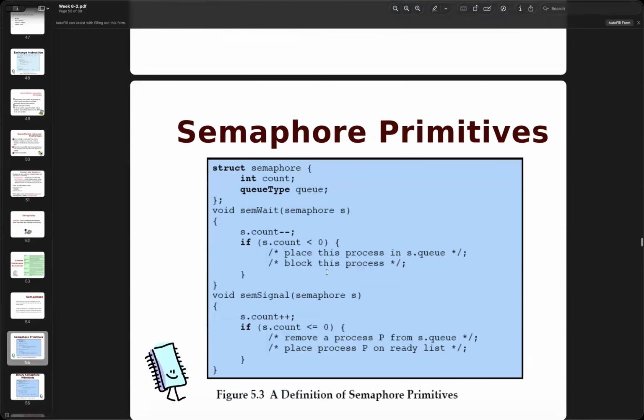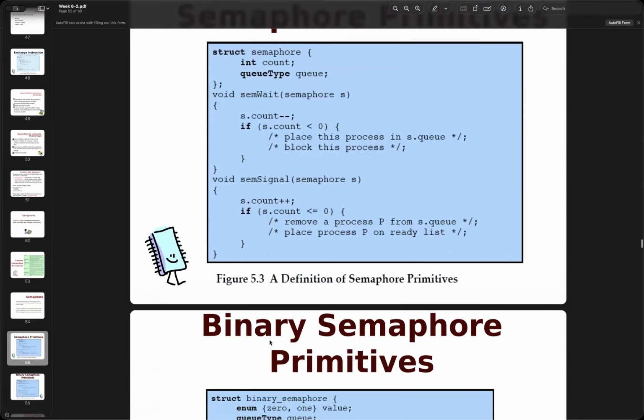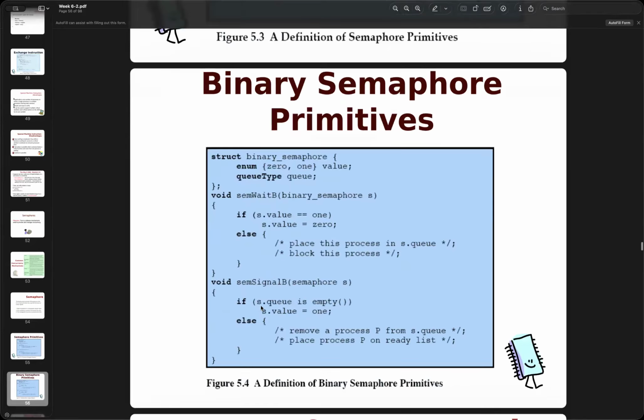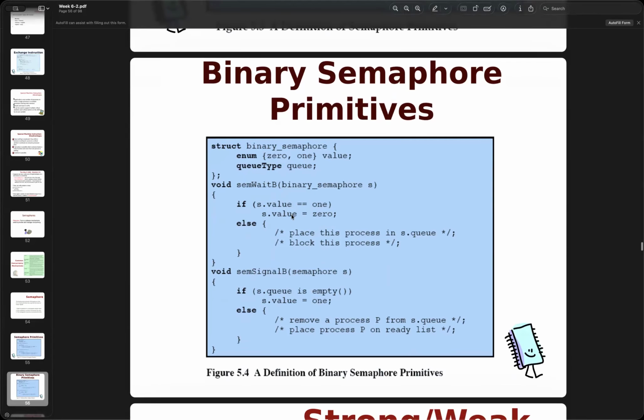You can remember the differences between the regular semaphore right here. We use count, so we have the decrement and increment using the count. For this time, we change it a little bit. It's the same wait, and then this one adds a queue check with a swap. So for wait, we need to change it to 0, and then we can compare right here.